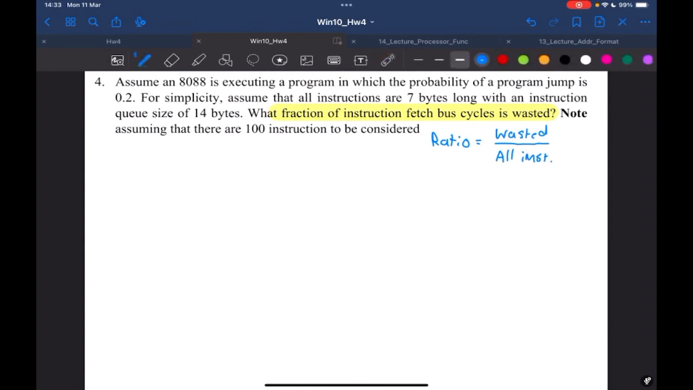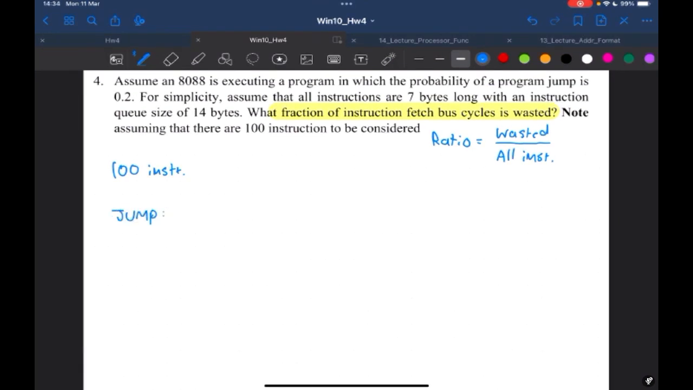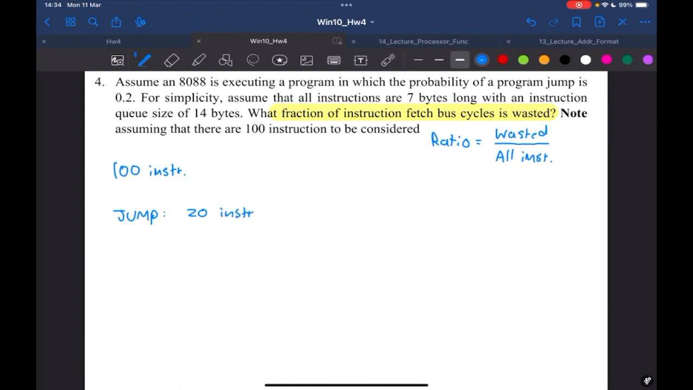It says that we have 100 instructions here, and we're trying to jump 20% of the time. So 20 of the instructions here are a jump. Jump has 20 instructions. Now, no jump has 80 instructions, because they add up to